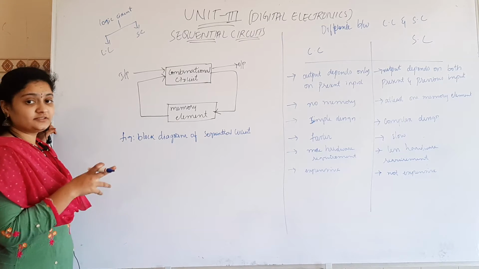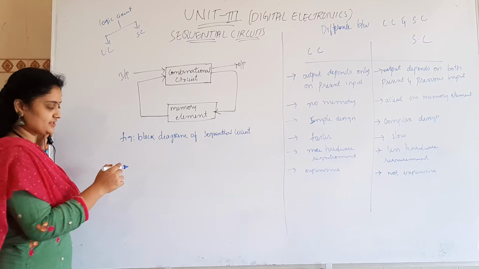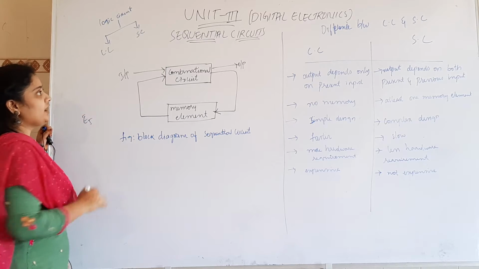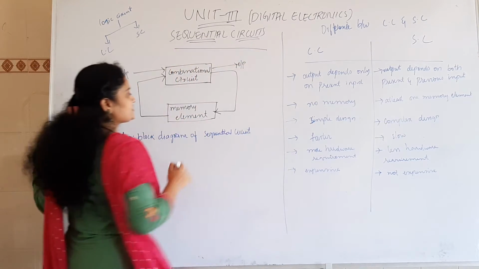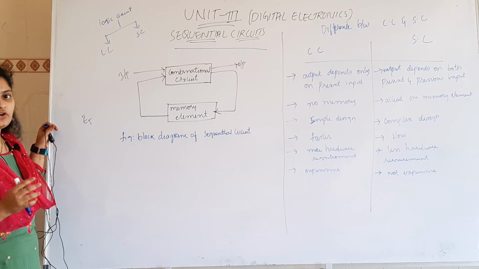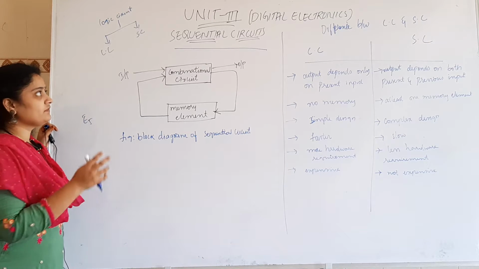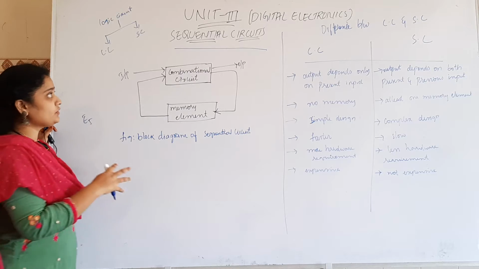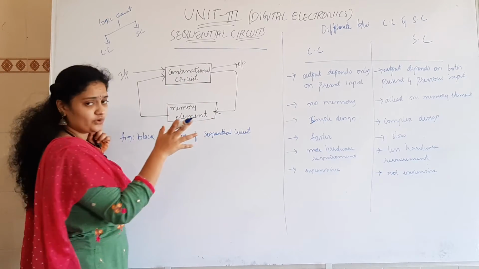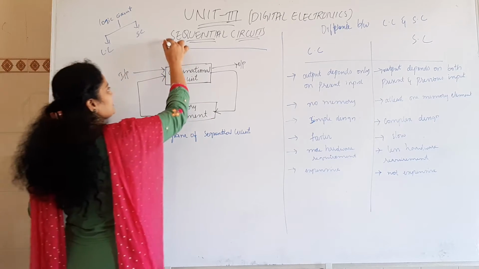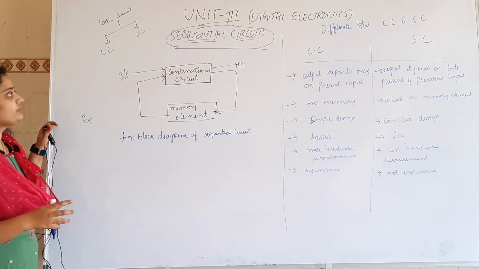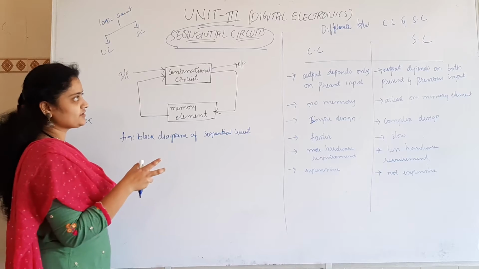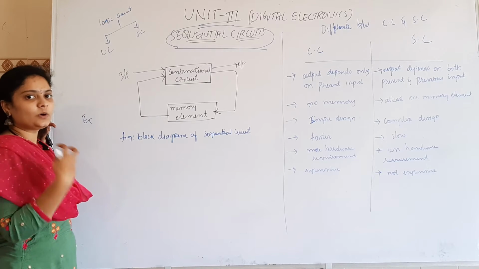Here is the next unit in digital electronics, nothing but E5. In E5, the next unit is sequential circuits. Previously we studied combinational circuits, which is in unit 2. So this is the sequential circuits unit of the digital electronics subject. Before going to learn about sequential circuits, first we will revise combinational circuits.